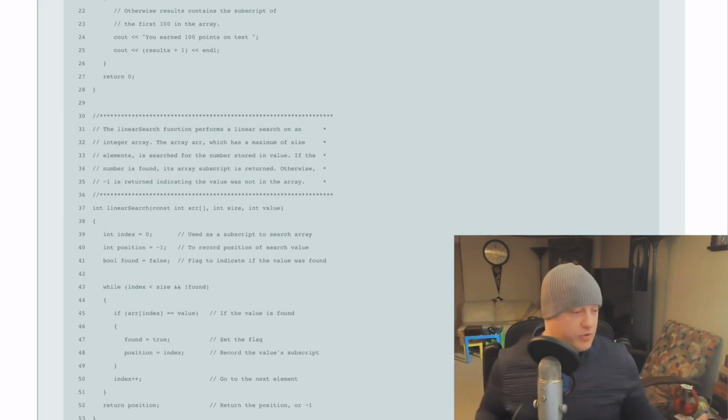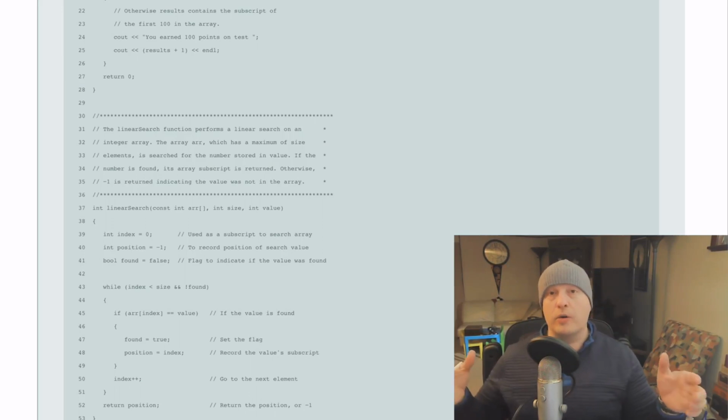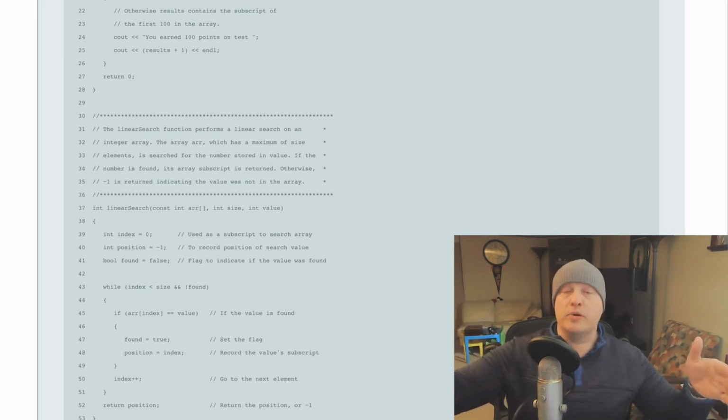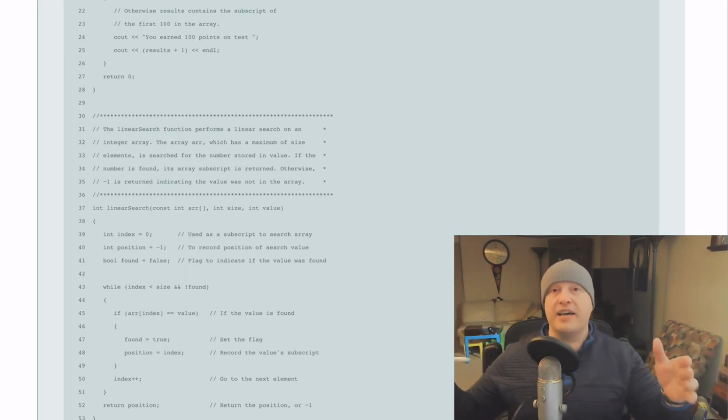So whichever you choose to do. In this case, this while loop, which is on line 43 rather. And we're saying if index is less than size, so as long as we can loop as many times as we have an